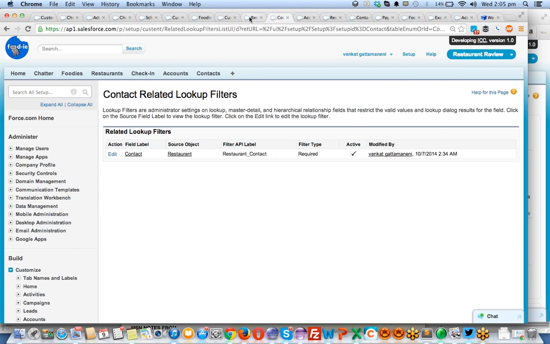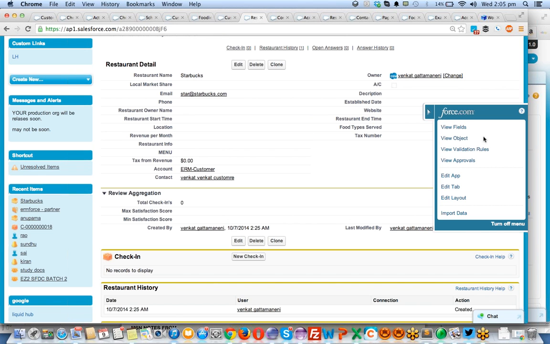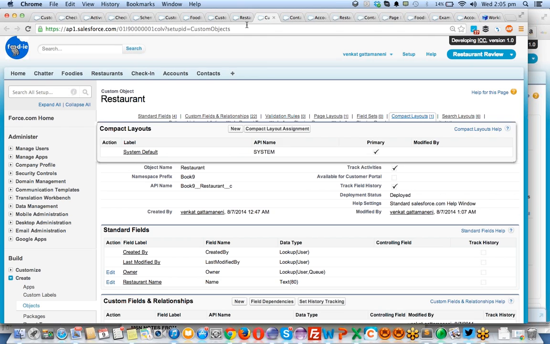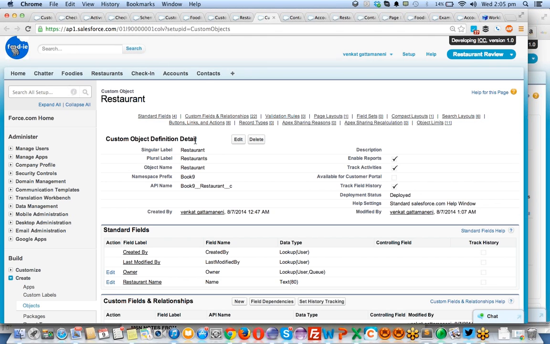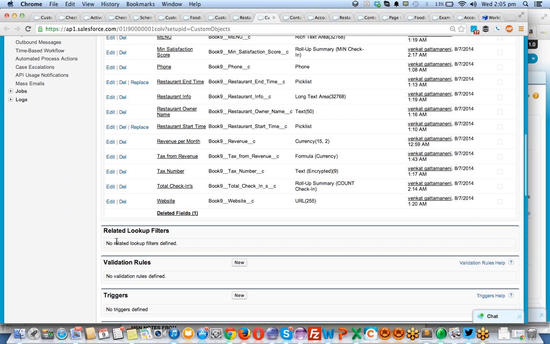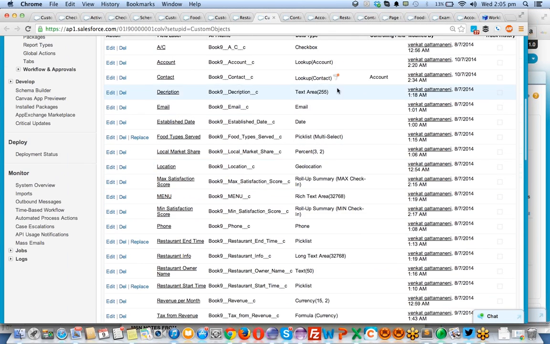You cannot create the lookup filter on the restaurant object. You cannot create here. You click on view object. If someone else is using the restaurant relationship somewhere else, that option is shown here. The lookup filters are shown on the contact object, as I am linking here to the contact object. Got it?